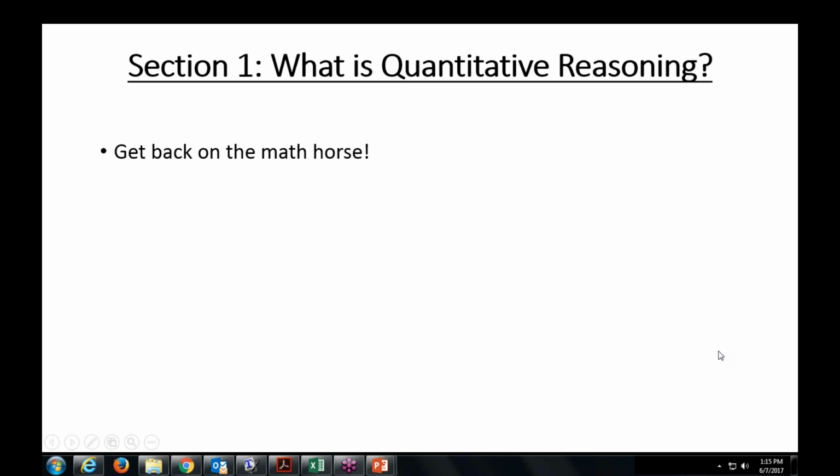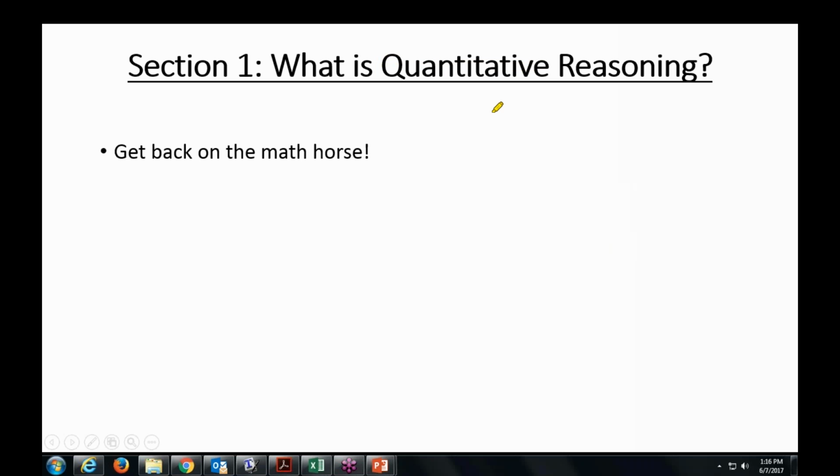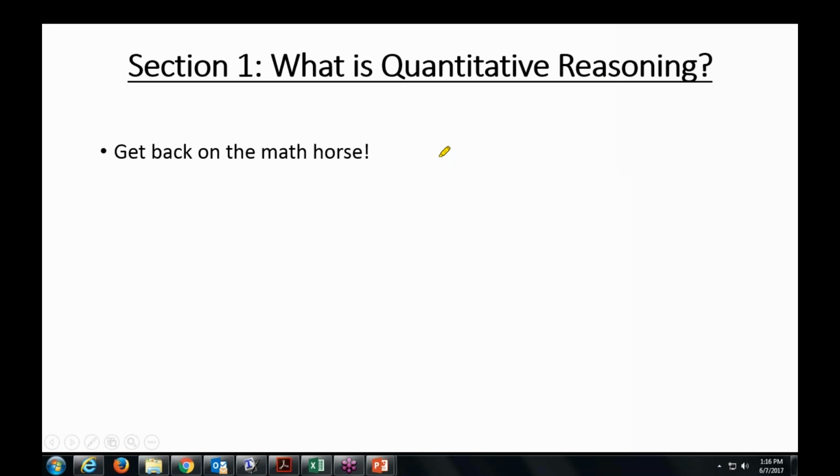Scott says, thinking with numbers. Yes. And let's kind of go off of that. When you break down quantitative reasoning, the word quantitative is made up of quantity, or quantify. And quantity means numbers. So quantitative simply means we are definitely playing with numbers. And reasoning means to think. So basically it breaks down to thinking with numbers. If you think about taking an entire class where you're going to think about numbers, it does go a little bit deeper than that.